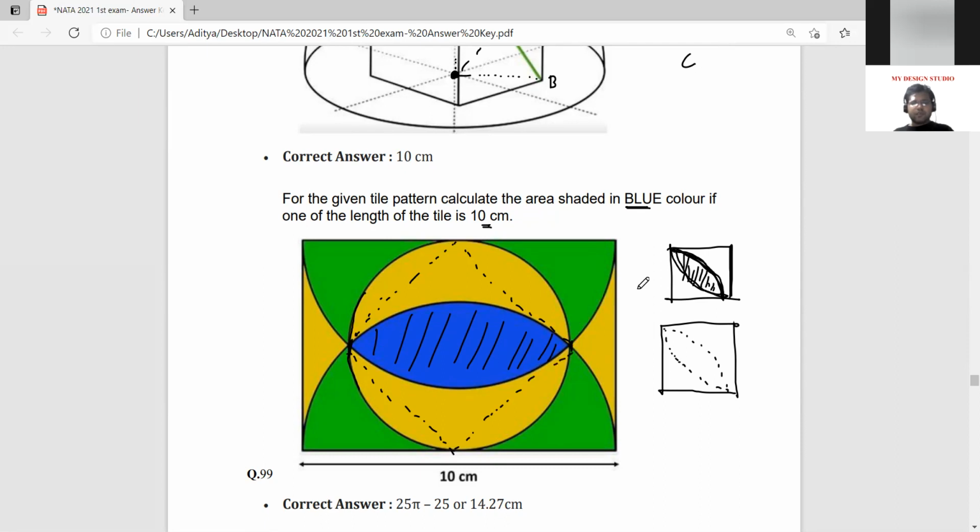Okay, now we can see the similarity between the two diagrams. Once you have these two diagrams in place, what we just need to understand is the size of this square. Okay, so if we figure out this particular size, then our question is over. Because then simply what we need to do is the area of the sector. So for this, the radius will be this. So it will become pi r square by 2 minus r square. r square because r is the side of the square.